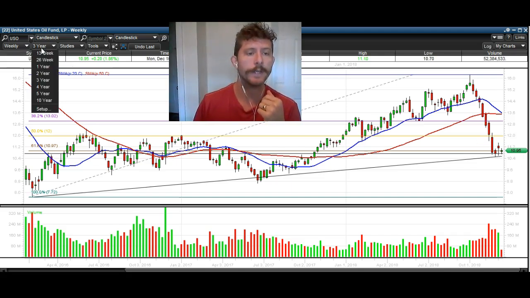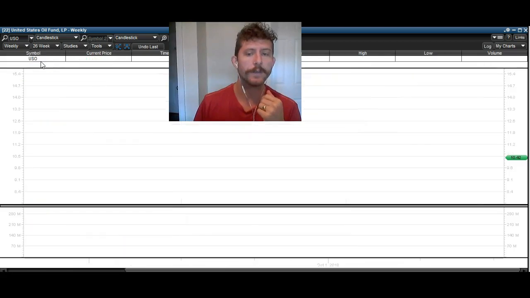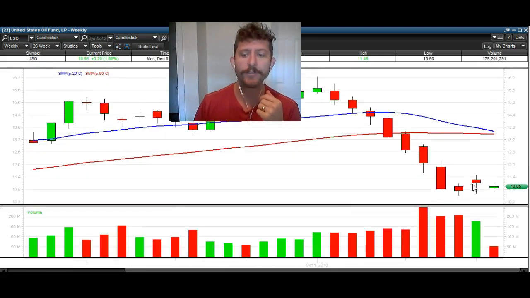I want to zoom in here, and you can see that last week we gapped up and closed over the previous week's high. That's the first time we've done that in all of this trend down. Notice the change of behavior. Notice how the volume picks up here, and then we gapped up and closed over the previous week's high. Again, this doesn't mean we are for sure bouncing, but it does mean that we have a higher likelihood